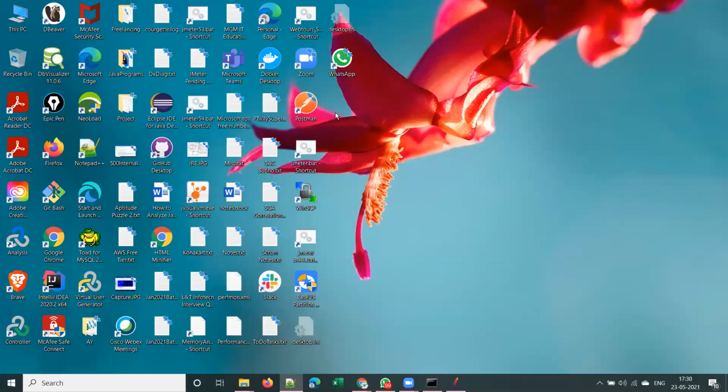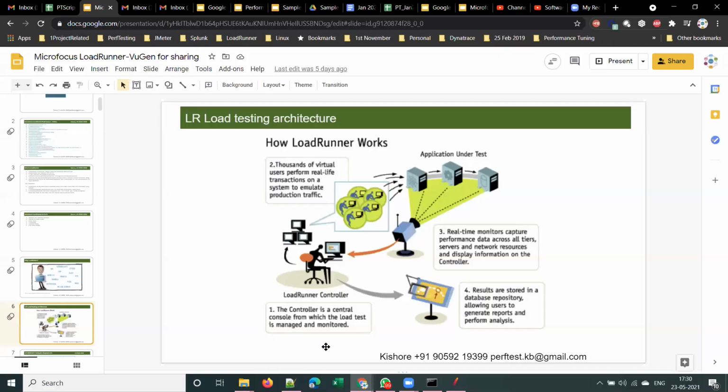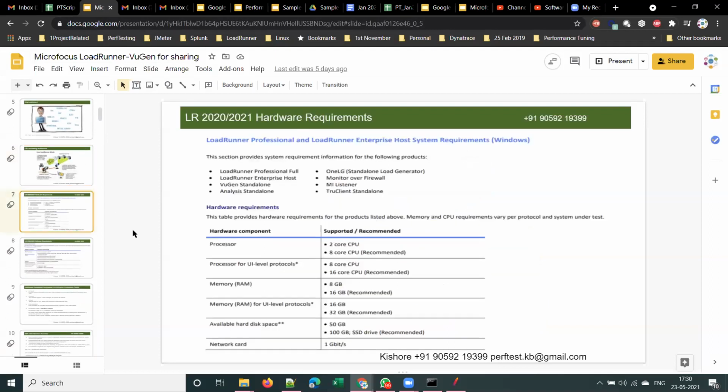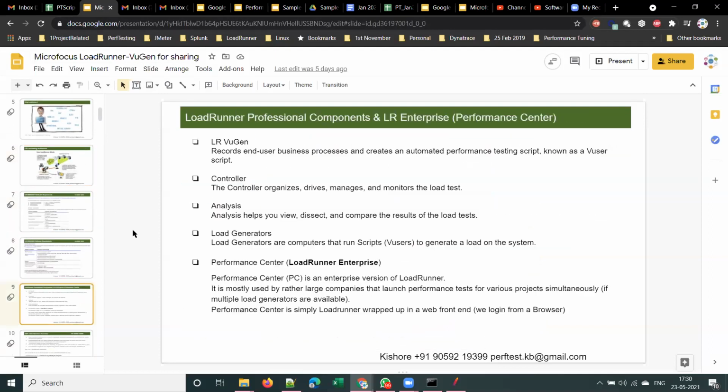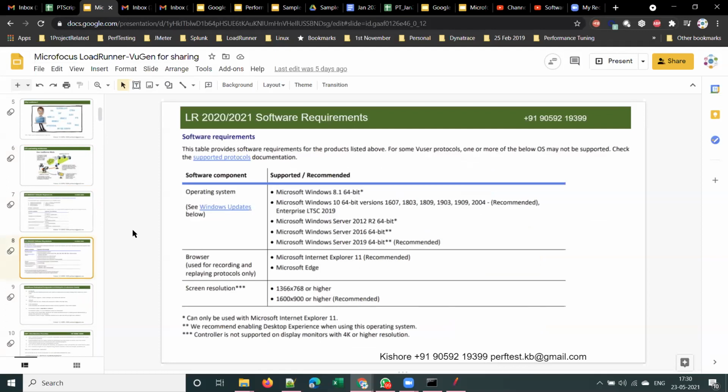Okay. Now, as you installed the tools, let's see how to record a script with LoadRunner. Let me go to LoadRunner. These are the hardware and software requirements, which I already explained.